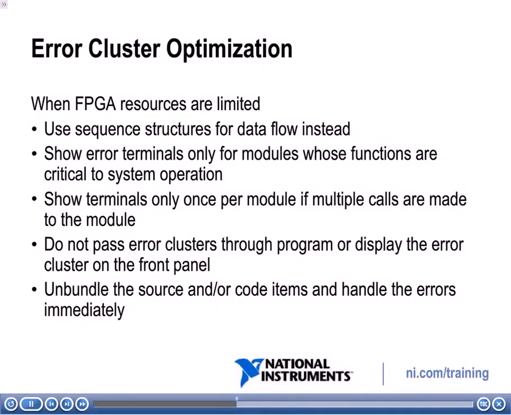If you're using a sequence structure for data flow, you're not going to have to use extra FPGA resources to communicate error information along that error wire. So don't use error wires only for sequencing. Instead, you can use a sequence structure for that. Again, only show error terminals for modules whose functions are critical to the system's operations. For example, only show that error terminal if you're actually going to need to use that information about the